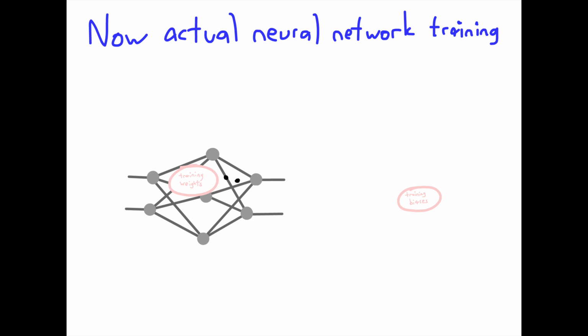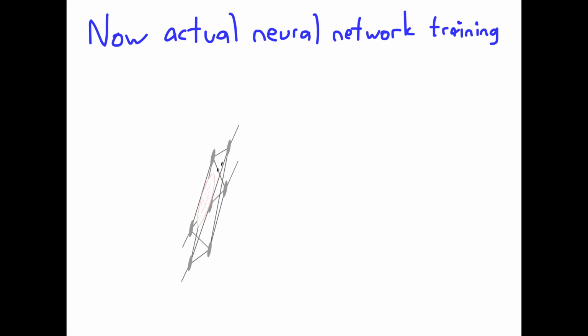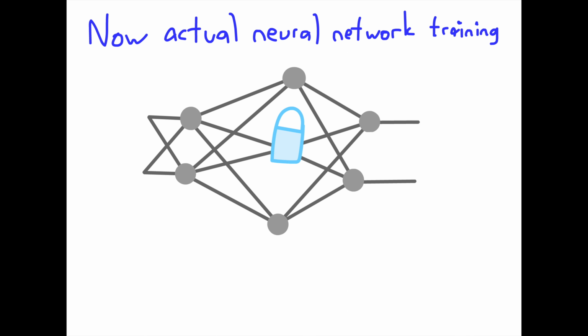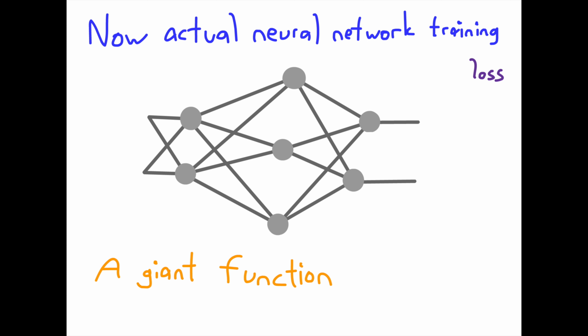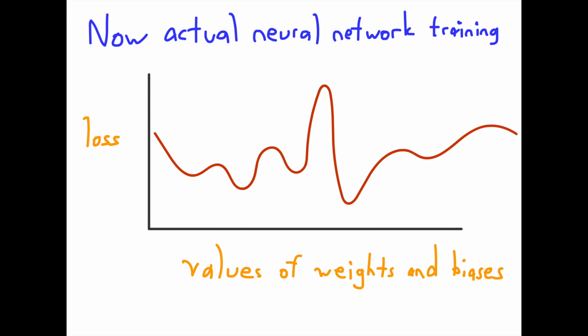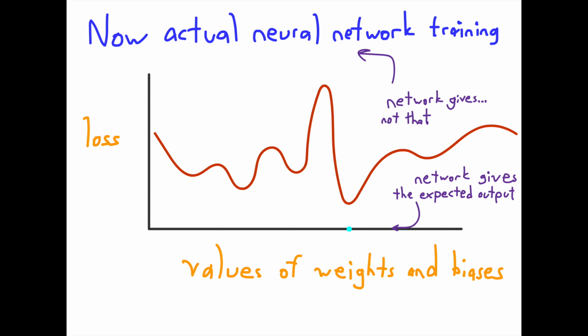In order to train the neural network, we need to first have a perspective shift. Instead of looking at the network as fixed, with inputs causing the outputs, we'll instead fix the inputs and outputs in place, and use the loss as the output. The neural network is a giant equation, because a given input will always give the same output. Each weight and bias is now a variable in this equation, and this modified Newton's method can be used to find the local minimum loss, which means closest to the expected output.